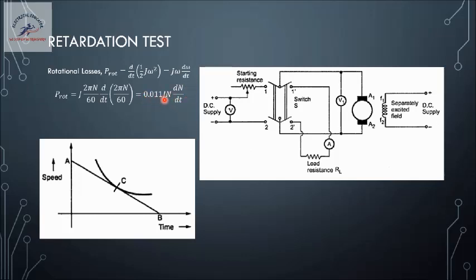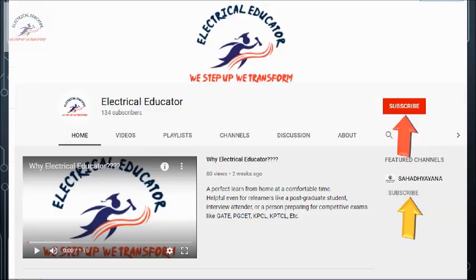This is done on no load condition. Similarly, we repeat it with the loaded condition, and we observe that the rate of change of speed is faster, and there we find the average value of the rotational losses. If we know this rotational loss, if we go back to the mechanical losses, we can more accurately find out the efficiency of a DC motor. So these are the testing methods which are available for DC machine. That's all we have for today.